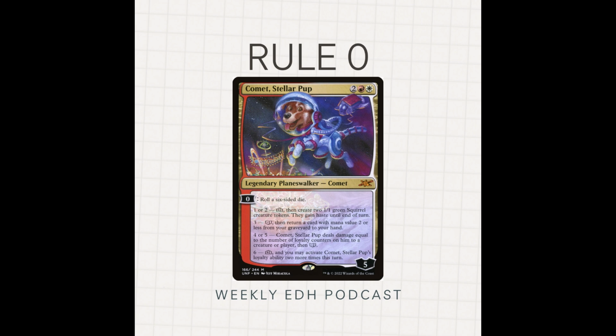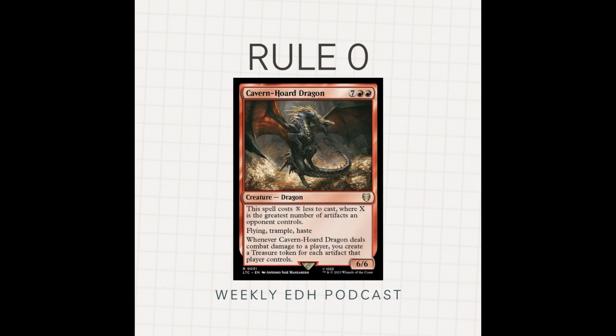My last hidden gem that I wanted to mention was Cavern Horde Dragon. So earlier you mentioned that you were surprised I didn't take out Ancient Copper Dragon. Yeah, you got the color right. I think this is actually a really good replacement for that, because it makes treasures and it has haste. So it's red,